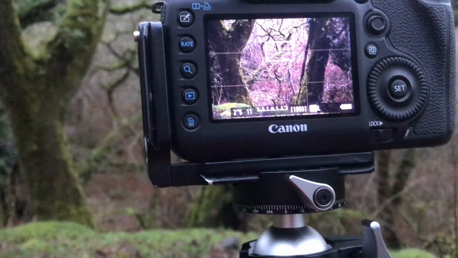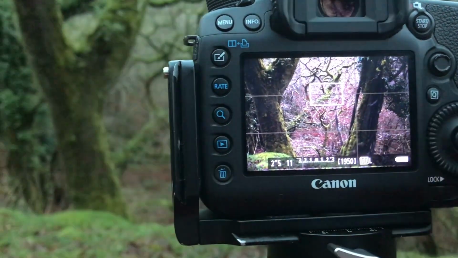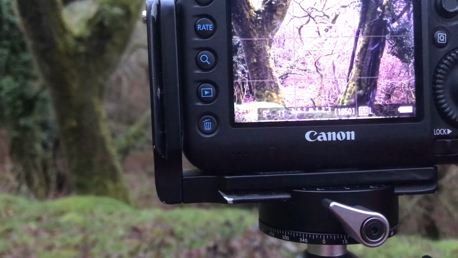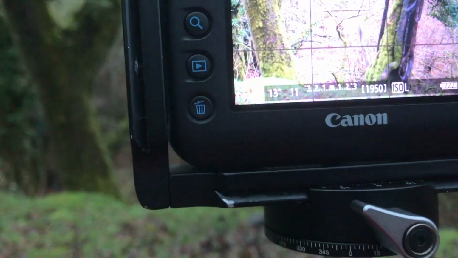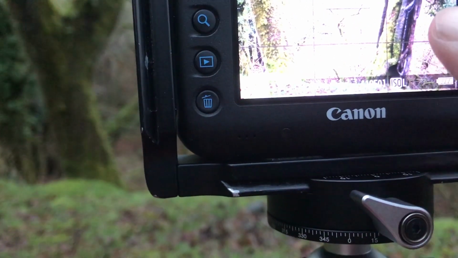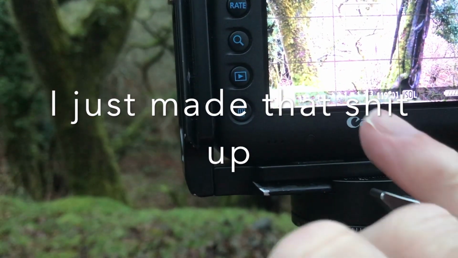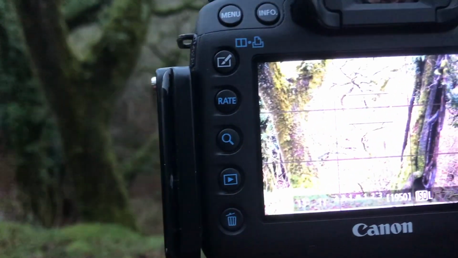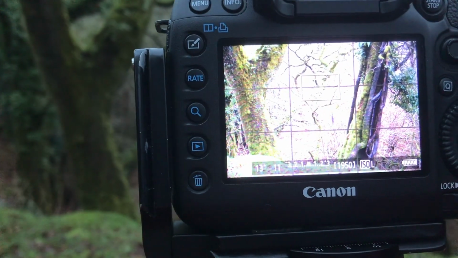I'm going to film the back of the camera with my phone. Okay, so on the right of the frame, let me just brighten that up a little bit so you can see exactly what I mean. So on the right of the frame here, we've got this kind of almost Geiger-esque ivy sort of crawling and climbing the tree, and then we've got this more uniform tree on the left there,